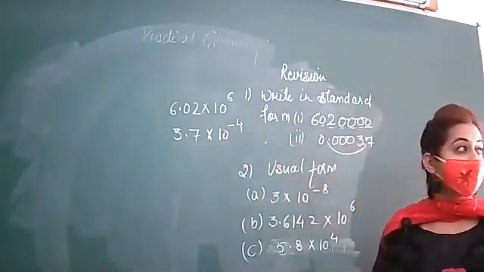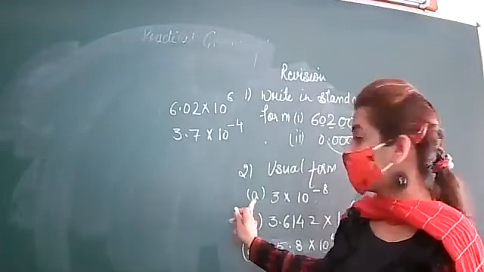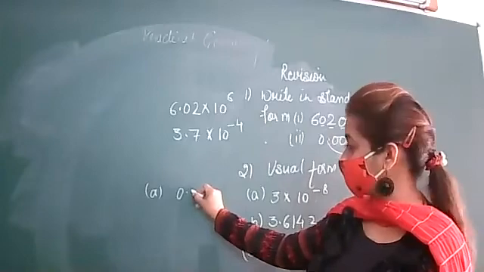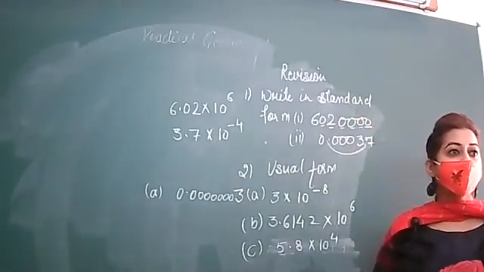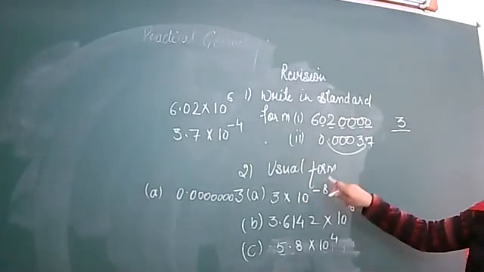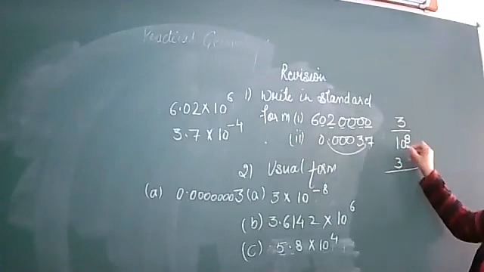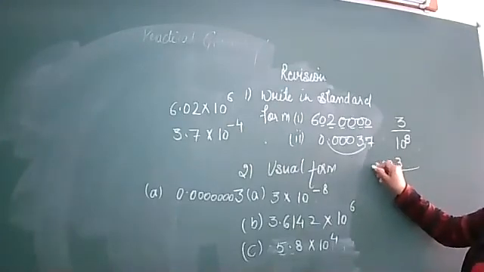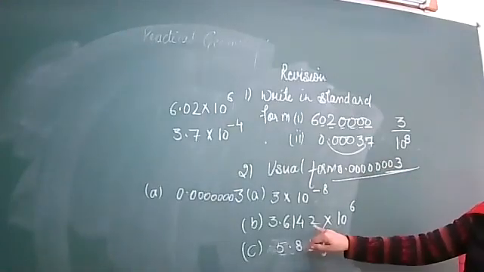Okay, sit down. Yes, Arshita. Okay. For this, you will write this as 3, and this is 10 raised to power minus 8. You will write it here in this manner. And when you remove these zeros, 8 zeros are there. So you will count the digits 1, 2, 3, 4, 5, 6, 7, 8, and this number you are getting. Here also,